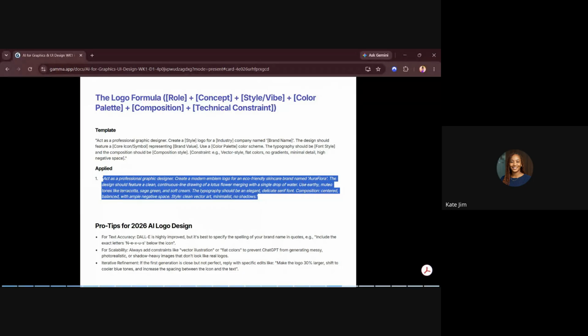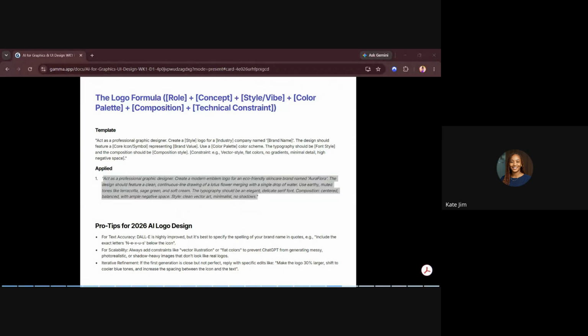Use earthy, muted tones like terracotta, sage green, and soft cream. The typography should be an elegant, delicate serif font. Composition should be centered, balanced with ample negative space. The style should be clean vector art, minimalist, and no shadows. It's very, very simple. Once you have the formula, what you need to do is just keep changing it. That's all.